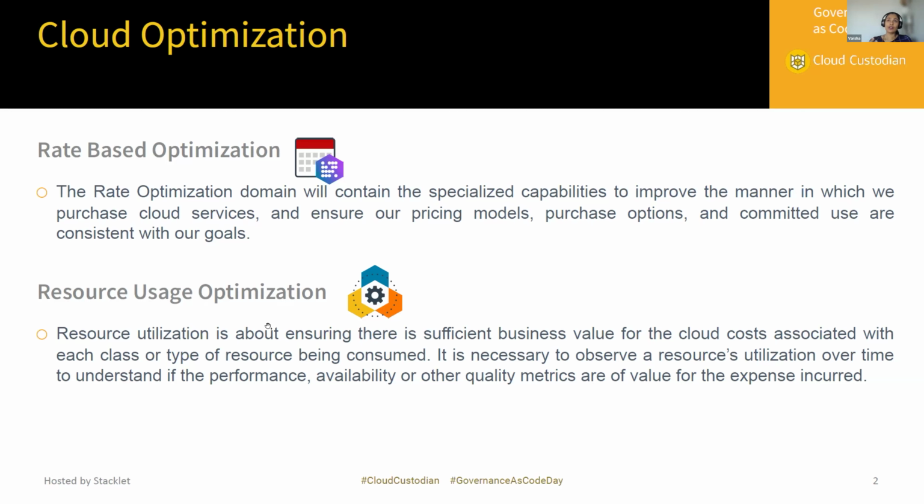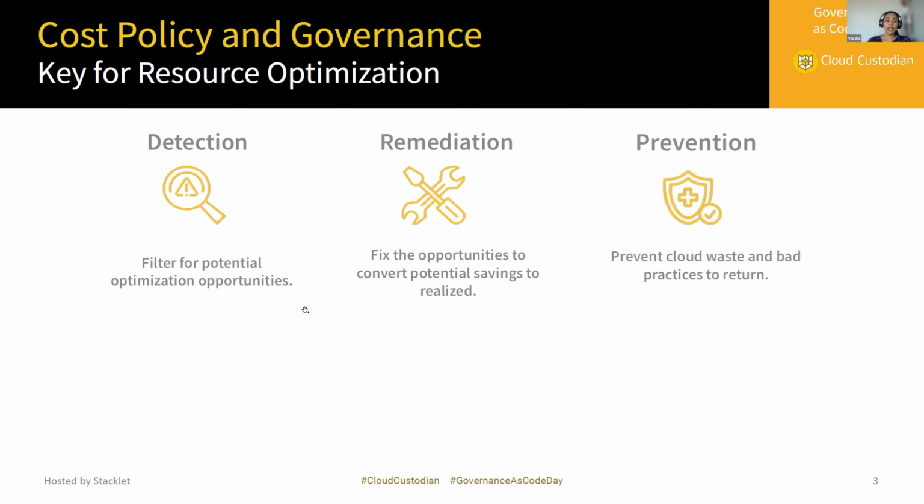So this is more like a detective phase, right? I detected it. Now, what would be my next steps? One is to remediate, and the other is to make sure there are policies that don't let these kinds of resources keep spinning for the long term. So like I mentioned, the strategy is first we detect, we remediate, and then we prevent.